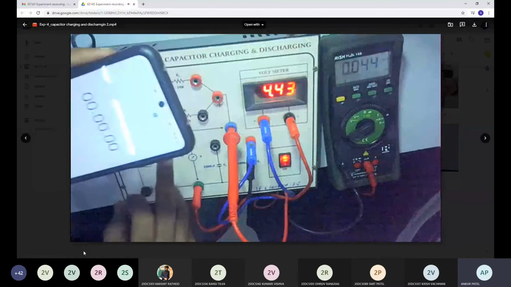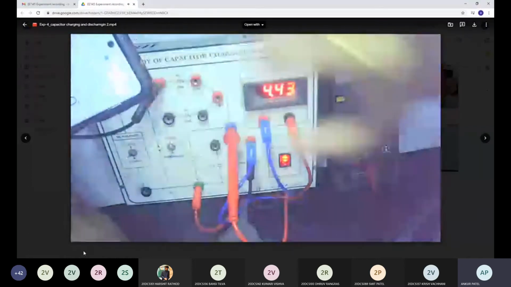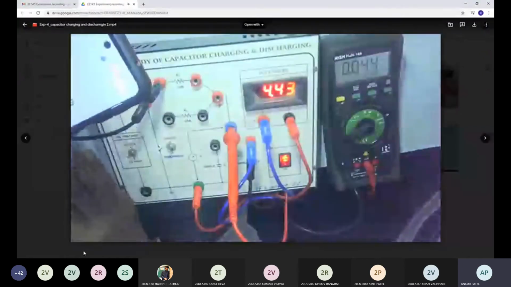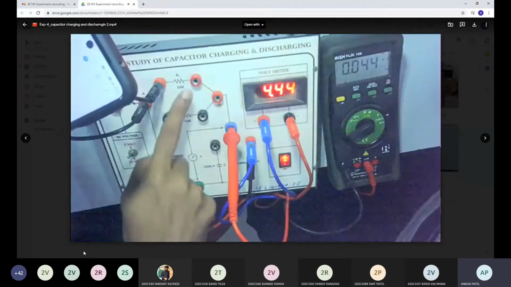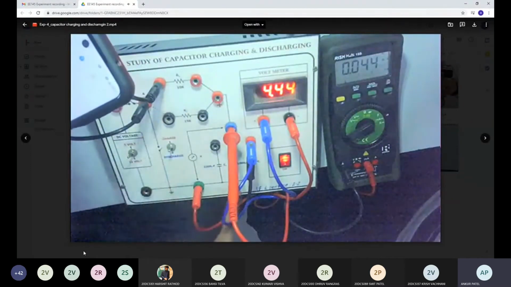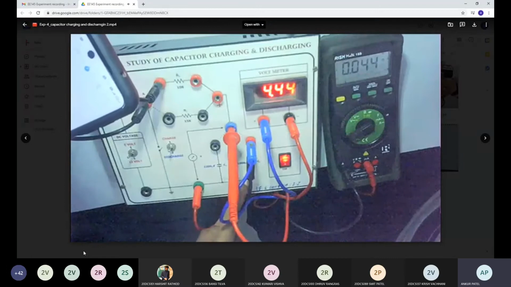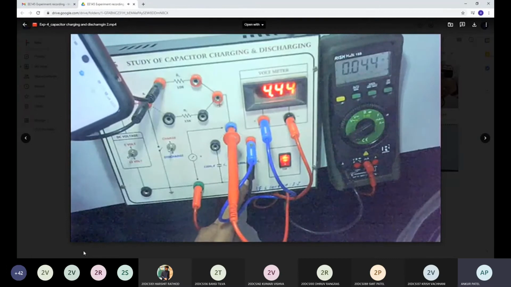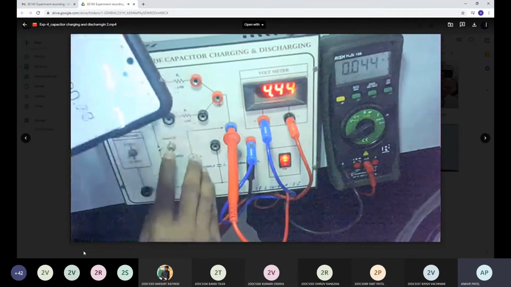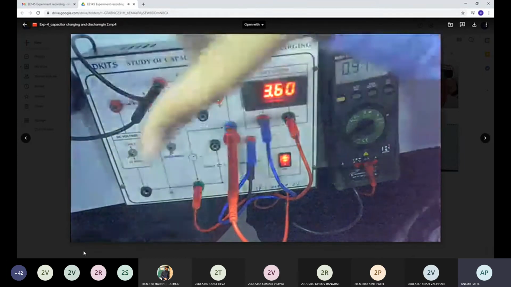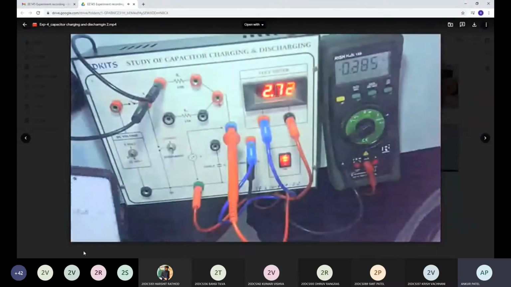Start the timer and come to the discharging. Discharging means what? We simply neglect the supply part. Your capacitor is discharged via this 10K, and then it comes back over here and again to the capacitor, as we saw earlier in the circuitry in the theory portion. So you simply start this and come to the discharge portion and see this.